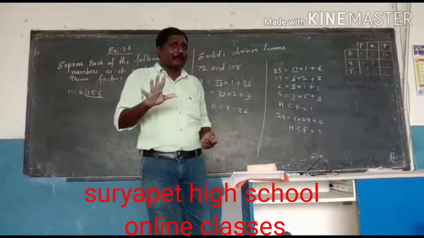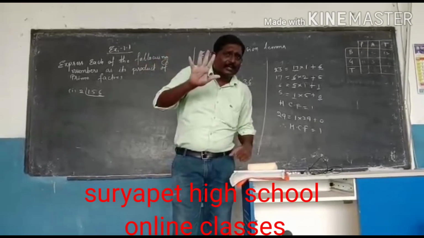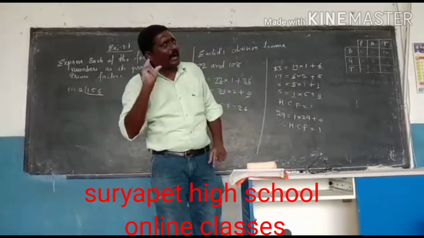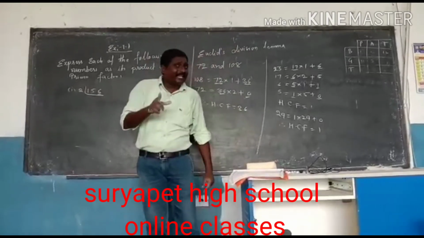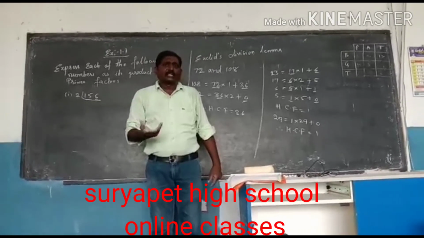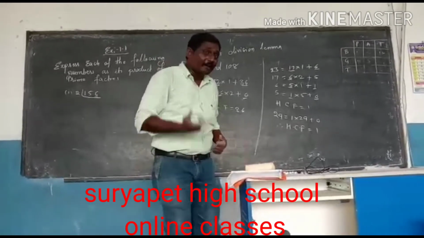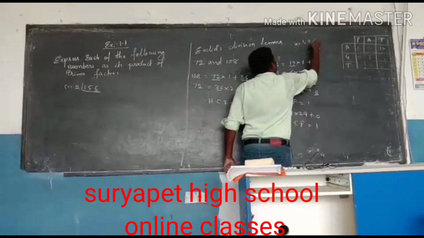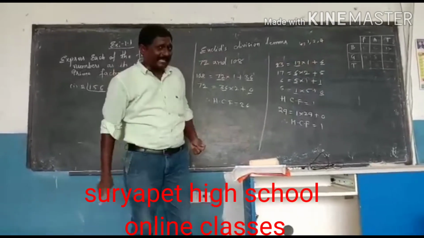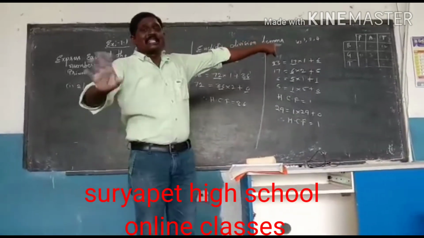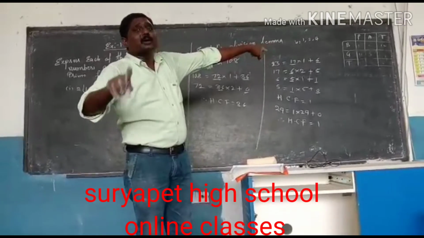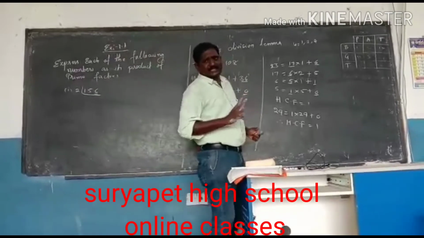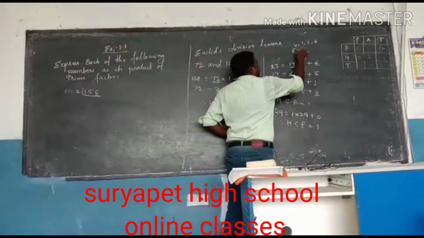Why are we saying it is a prime number? What are the factors of 5? Factors of 5 are 1 and 5 only, which means there are only 2 factors. What are the factors of 3? 1 and 3. Just say, what are the factors of 4? 4 has the factors 1, 2 and 4, which means more than 2 factors. More than 2 factors means it is not a prime number. That belongs to composite numbers. A prime number means it has only 2 factors. 5 is a number, how many factors are there? 1 and 5.